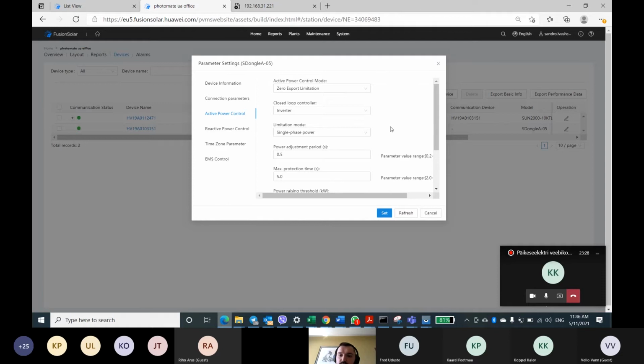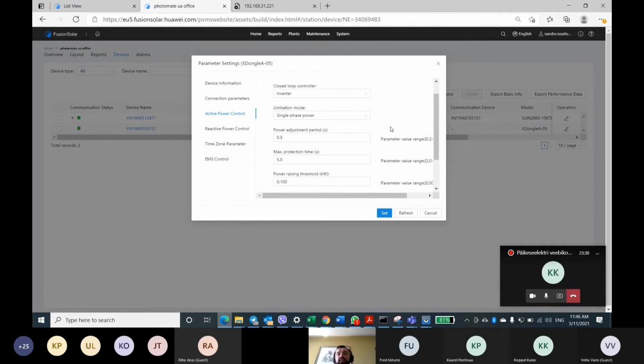Hope it's clear. I think in most European networks, you need to choose single phase power because the grid operator will not allow you to have this asymmetrical generation. Through one phase you will generate, through another you consume, so not everyone will be happy with it. But you need to confirm it with your local grid operator.